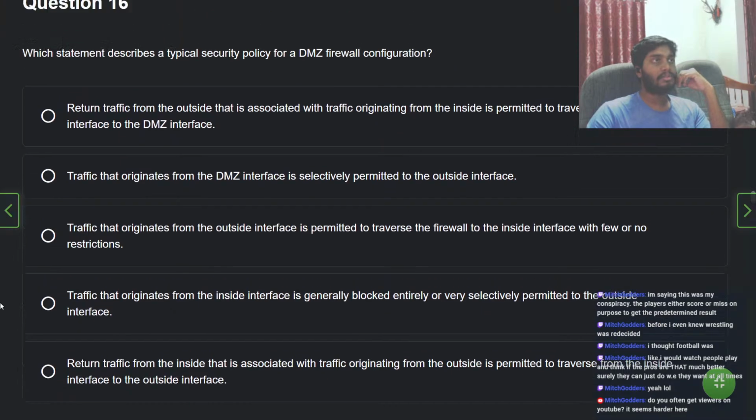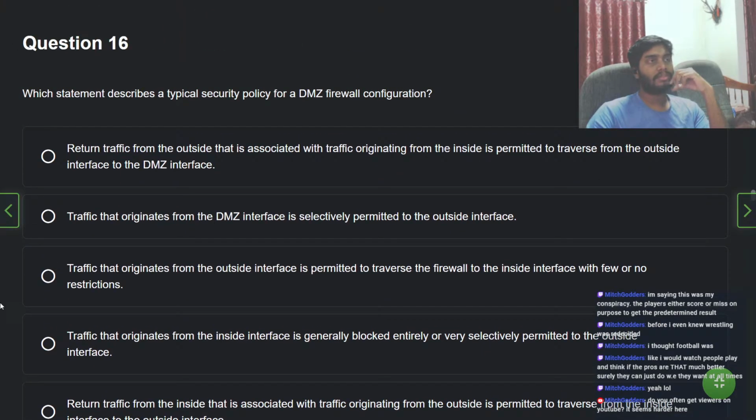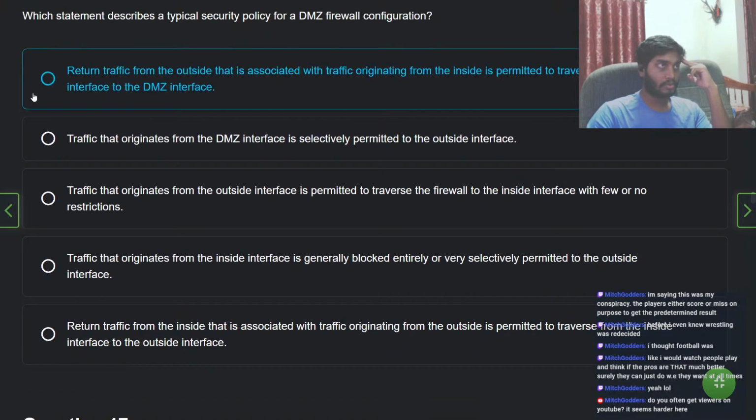Which statement describes a typical security policy for a DMZ firewall configuration? Return traffic from the outside that is associated with traffic originating from the inside is permitted to traverse